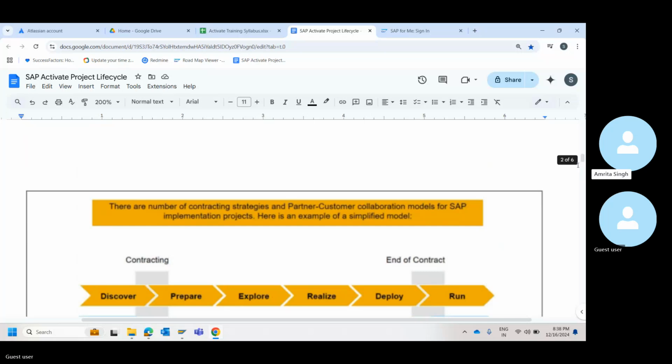So discovery, what I'm understanding, is to understand what the customer's need is. If we are taking a project from someone, we will have to understand what they actually want, what the product should be, the technical perspective, and the commercial perspective as well.